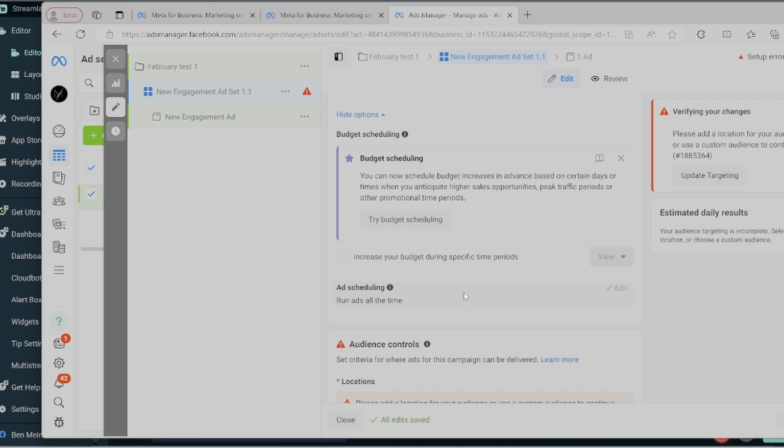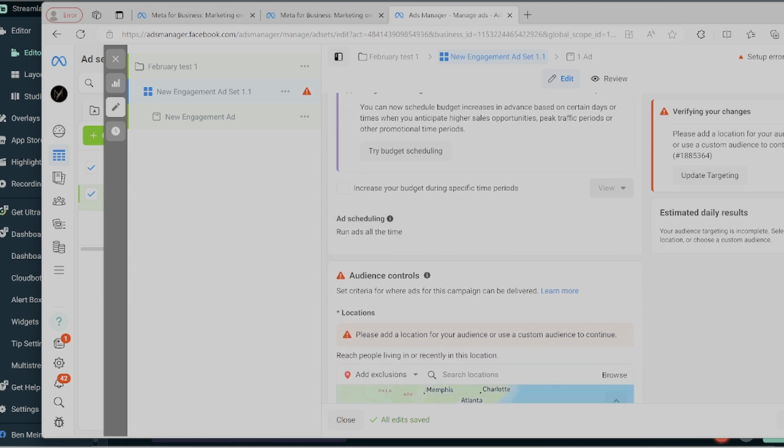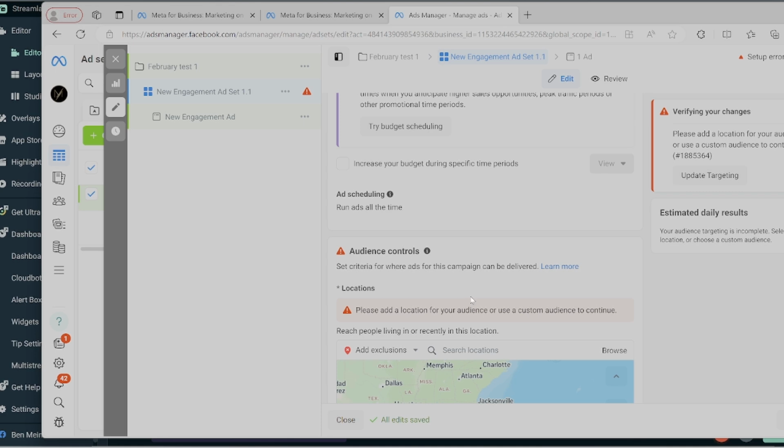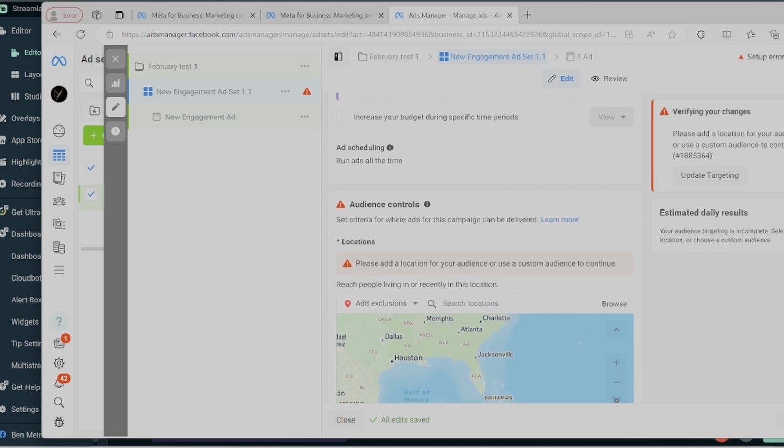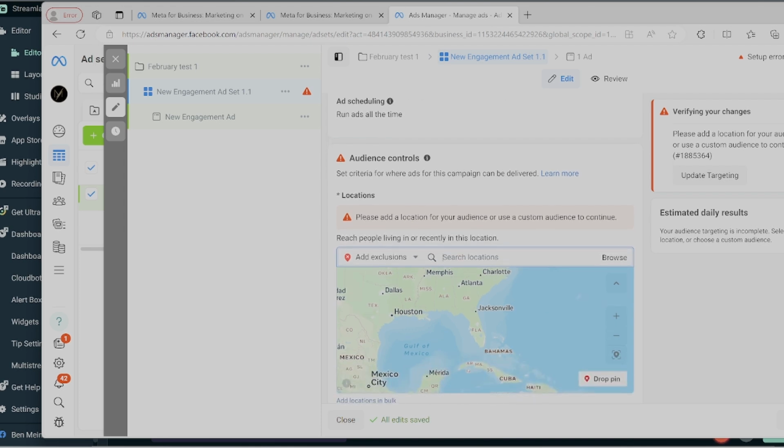So all that said, Facebook has really good AI, and if our ads aren't doing good, it probably means our ads suck. Unless there's some kind of weird event in the market or our offer is off, Facebook's AI is going to be able to find the right audience. So that's the biggest thing that I wish I knew earlier in my ad journey, is people get way too worried in the targeting sections and even these sections we're in right here. Of course, you've got to choose the right targeting, but Facebook has insane AI, and all we really have to do is write a clear, persuasive ad and get it in front of the right people.